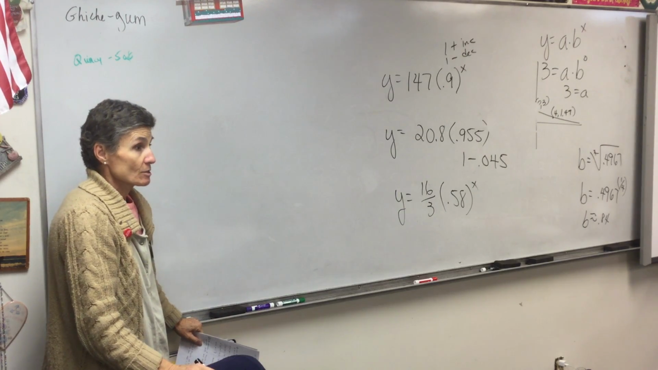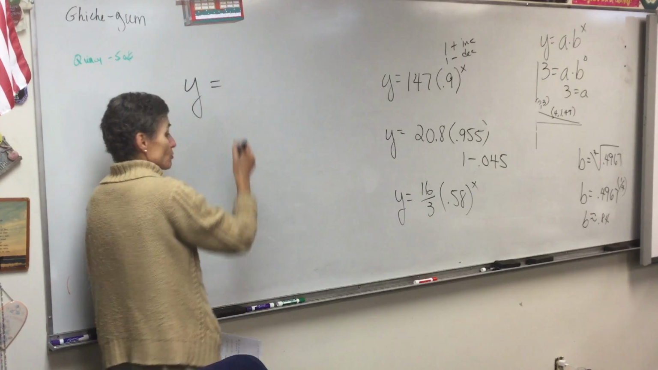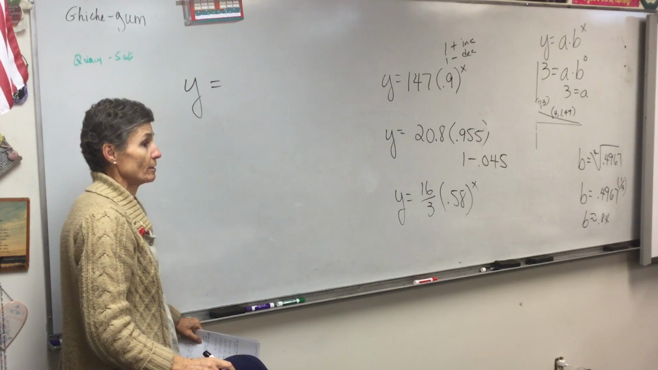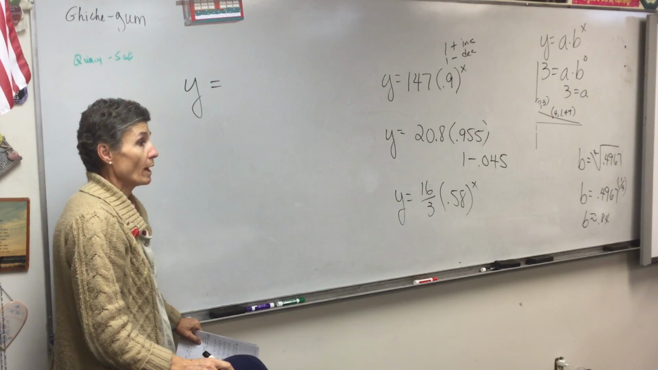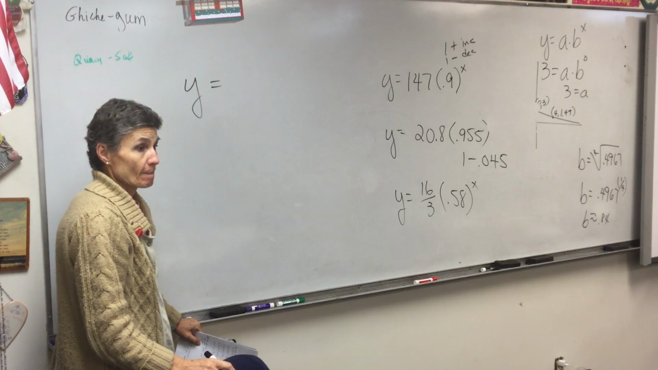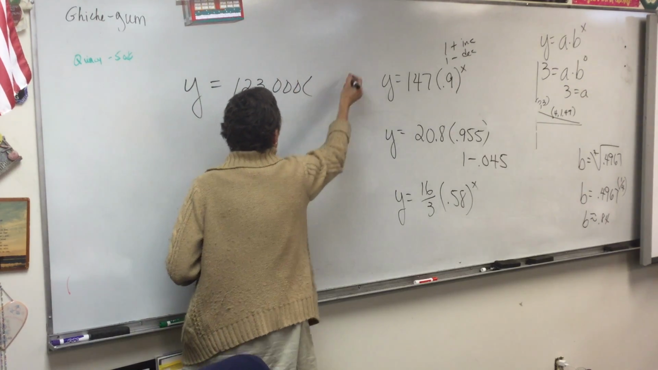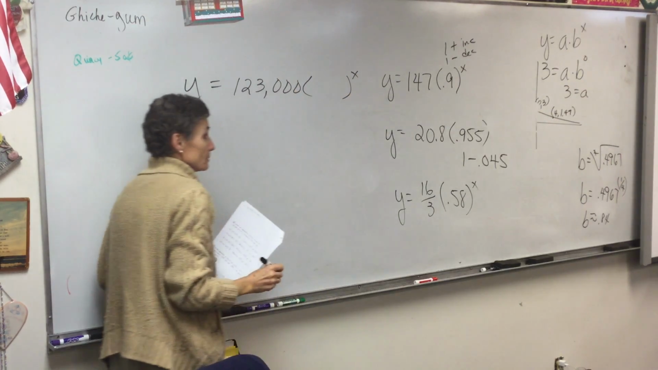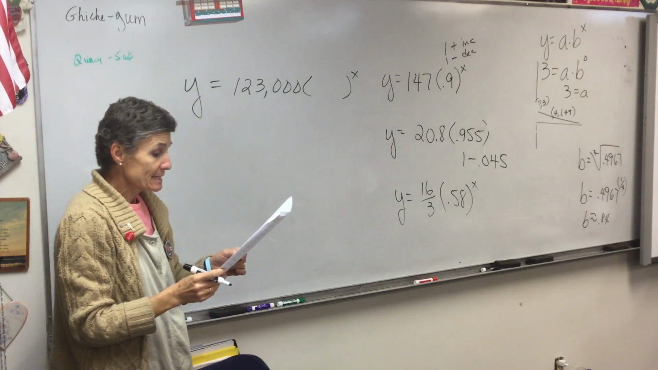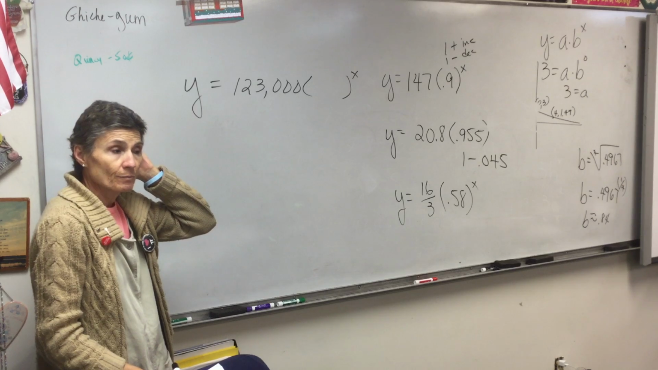All right, so step one, write the equation we're going to use. Don't try to answer the question, just write the equation. Y equals what? What's our initial population? 123,000, right? Now we are decreasing 2.5%. So,